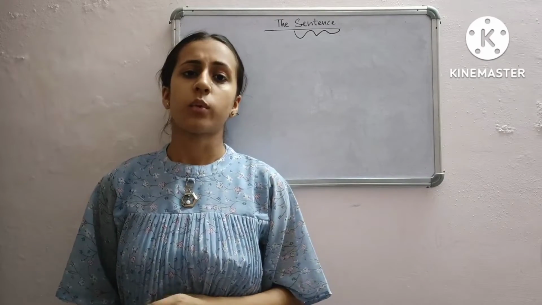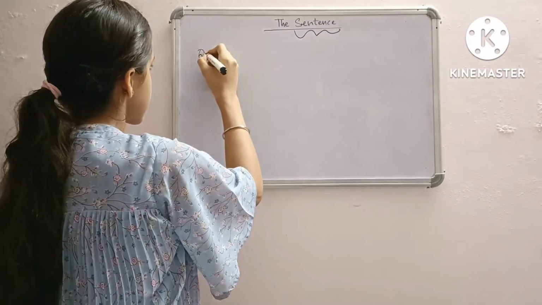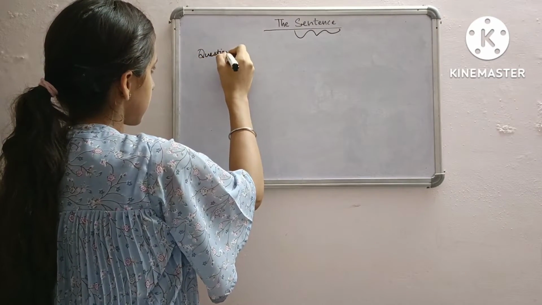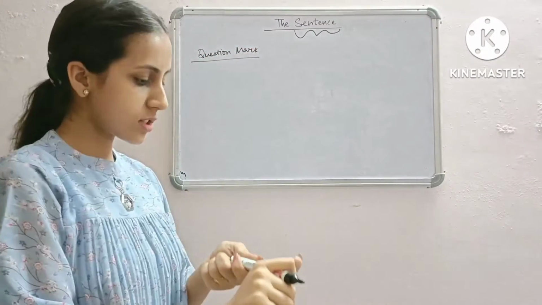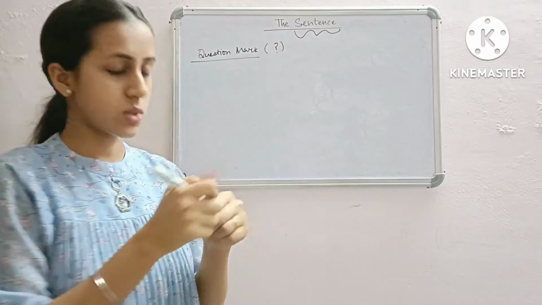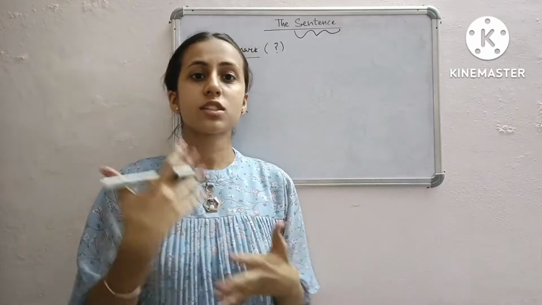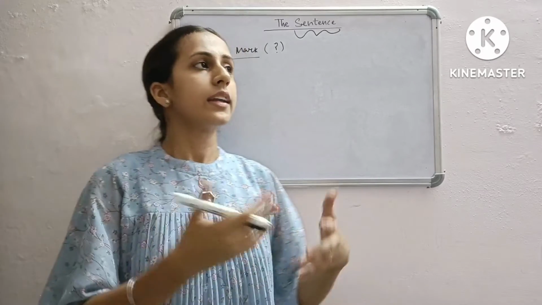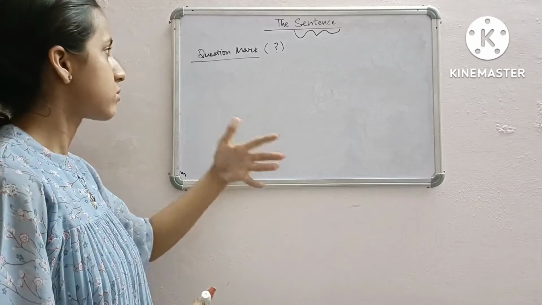Okay? And now let's do some sentences that are ending with a question mark. So let's do some of them. Even, let me tell you one thing. What does the word question mark mean? Question mark sentences, we say, actually this means the sentences that ask you a question. Okay? It can be any question, it can be any type, it can be anything.